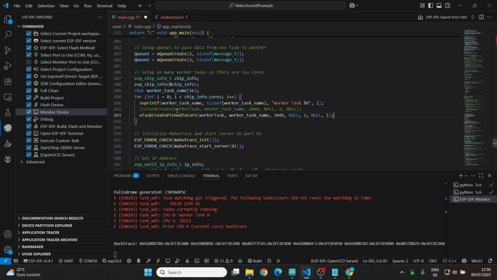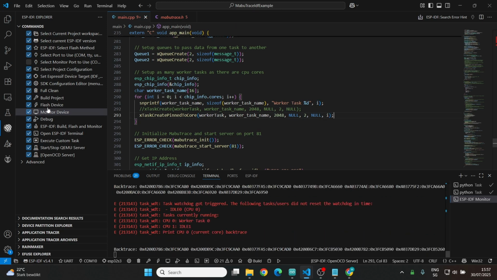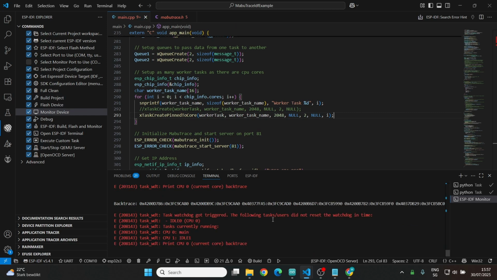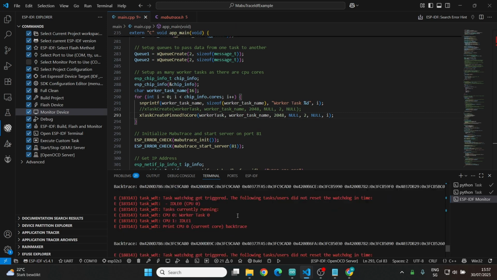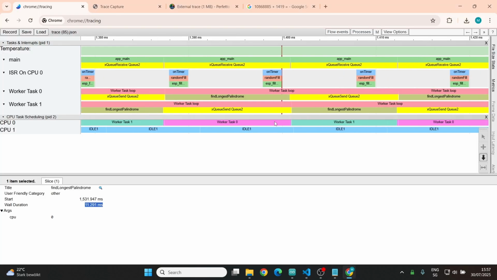So now it creates the two tasks, with the first one pinned to core 0, meaning it can only execute on core 0, and the second instance can only execute on core 1. And if you now, without changing anything else, yeah, we actually get what? That's also interesting. If you can see here, the output down here, on CPU 0 currently the task watchdog is getting triggered,